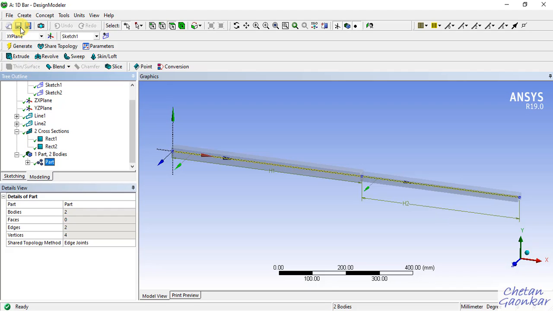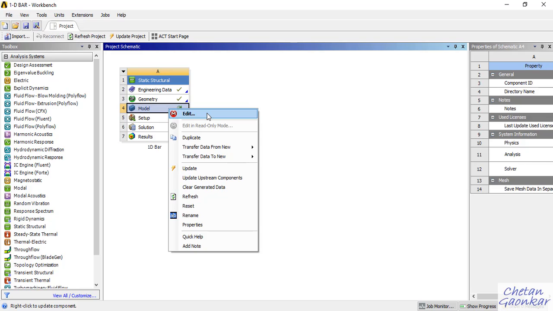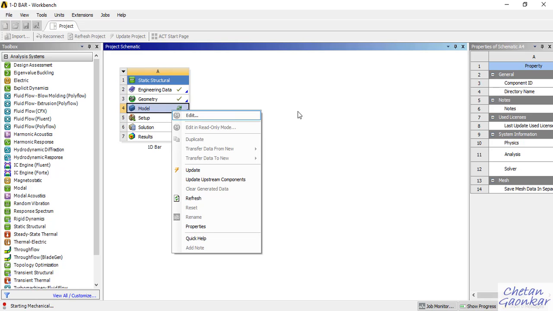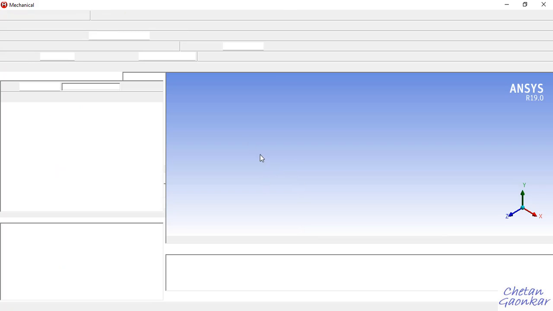Now, before going to the next step, I will just press the save project so that everything gets saved nicely. All right, and now we will go to the second part, that is model. This is where we will be discretizing our model, meshing it, and then giving boundary conditions and so on. So just right click on this and then say edit. It will take some time to open, depending upon your computer speed or your RAM and processor. You can see here it is saying starting mechanical, so it is in the process of opening the model. Okay, it is opening now,